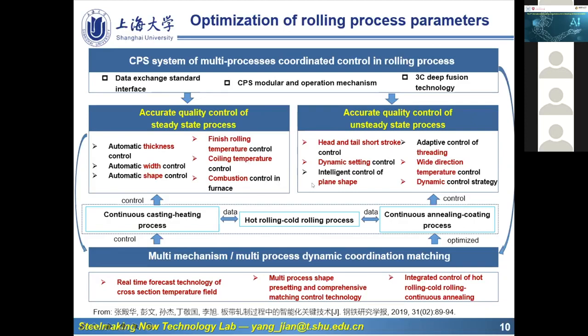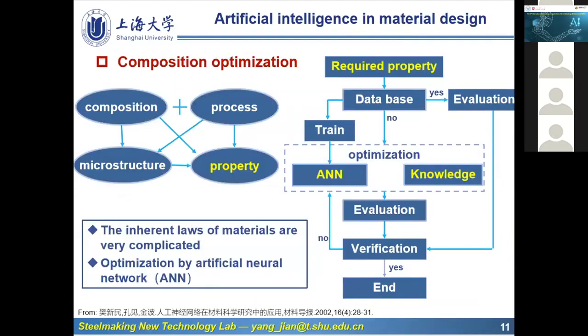And for the unsteady state process, we can also get the accurate quality control. And for the head and the tail short stroke control, for the dynamic setting control, for the intelligent control of the plan shape, for the adaptive control of threading, for the wide direction temperature control, for the dynamic control of strategy. And about the artificial intelligence in material design, the property of the materials is determined by the